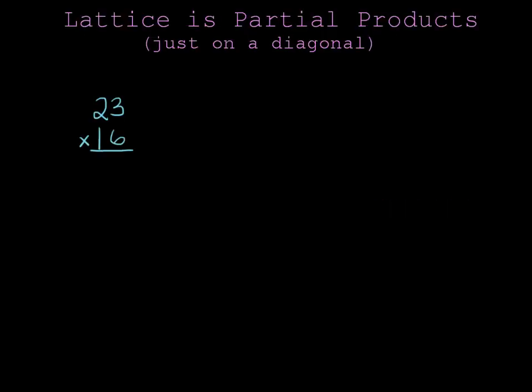Hi, in this video we're going to explore the relationship between lattice multiplication and partial products. I hope you've already watched the video on how to do 23 times 16 using partial products. But just to quickly review, if I want to multiply 23 times 16, both of those numbers are pretty large and difficult to multiply. So the first step is to break those numbers up into numbers that are easier to